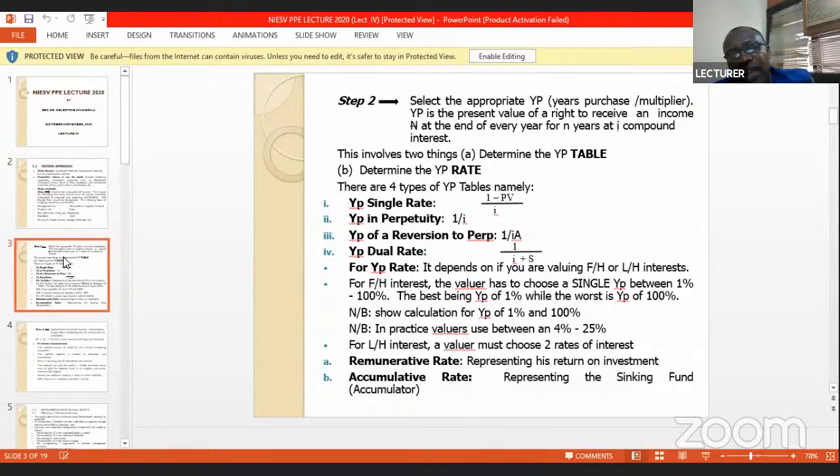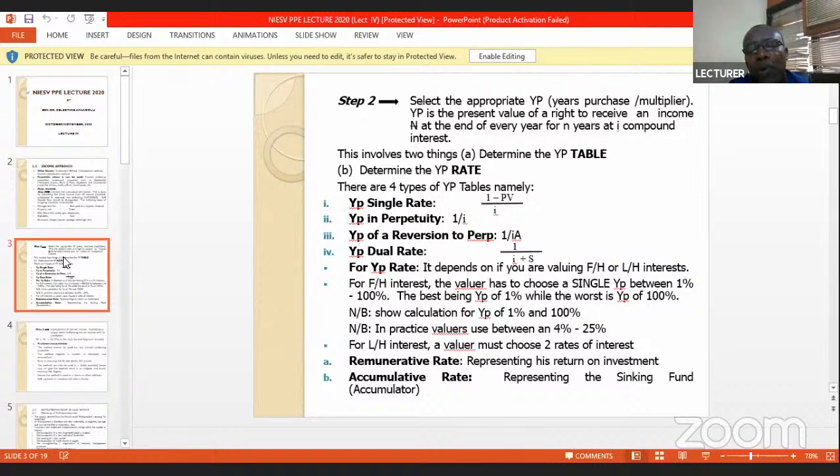So it's not like if you give 100%, you are giving the best value. No. When you give 100%, you are giving the worst value, because if you do the calculation very well, you will see that